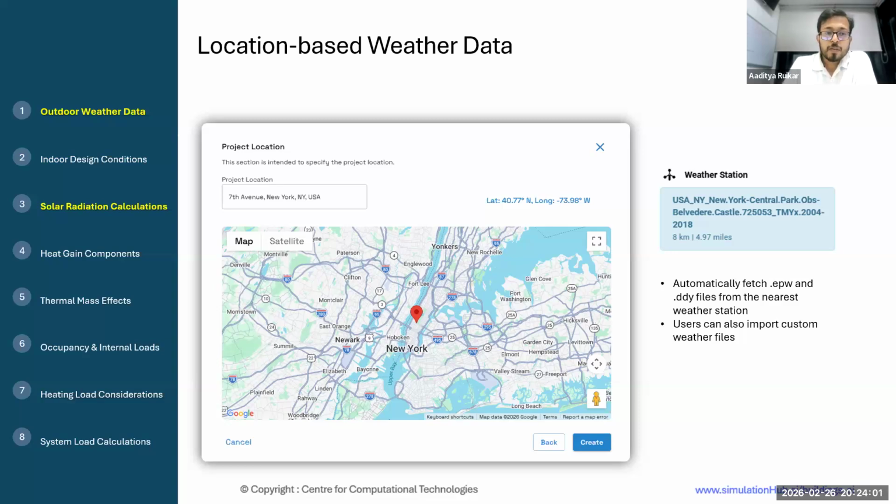So first thing is your outdoor air conditions and weather data should be accurate enough to model the behavior of your site, the temperature behavior and external weather conditions.